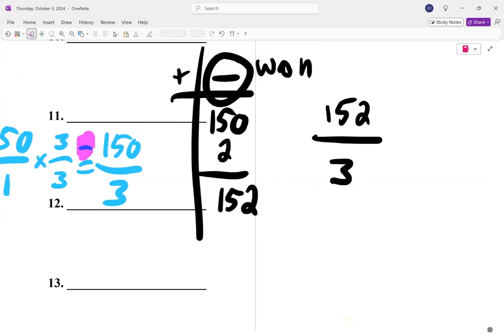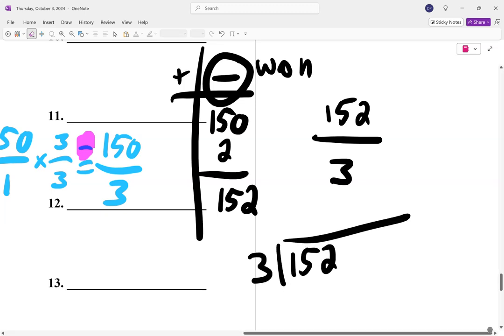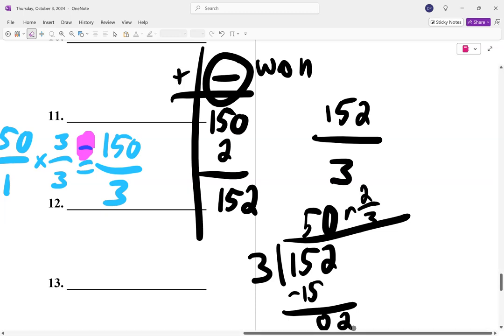So how do we reduce it? How many times is 3 going into 152? Might as well write it the long way to make sure I don't make any mistakes. So that goes in 5 times, and 2 thirds left over, right? 0. 50 remainder 2, which means 50 and 2 thirds. Okay. So our answer is 50 and 2